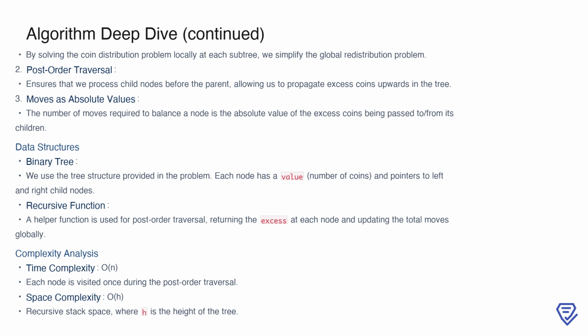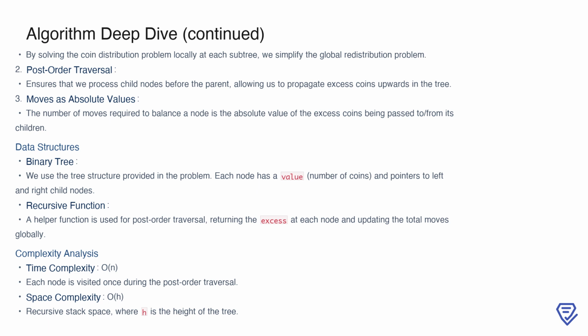In terms of implementation, we rely on the tree structure provided in the problem, where each node has a value indicating the number of coins and pointers to its left and right children. A recursive helper function is used to perform the post-order traversal, returning the excess at each node while updating the global count of moves. From a complexity perspective, the time complexity is O(n), since we visit each node exactly once during the traversal. The space complexity is O(h), which accounts for the recursive stack space, where h is the height